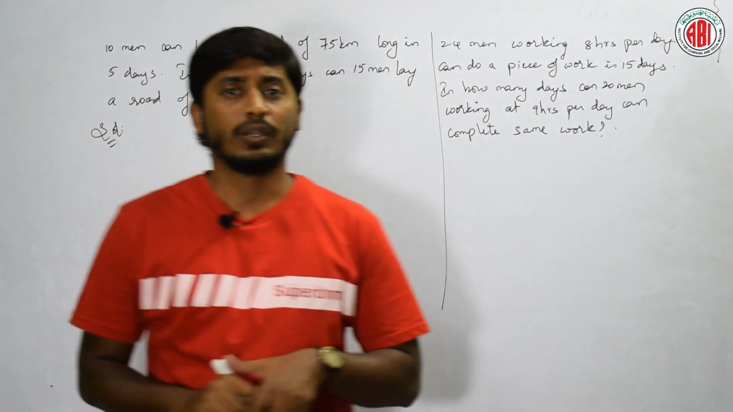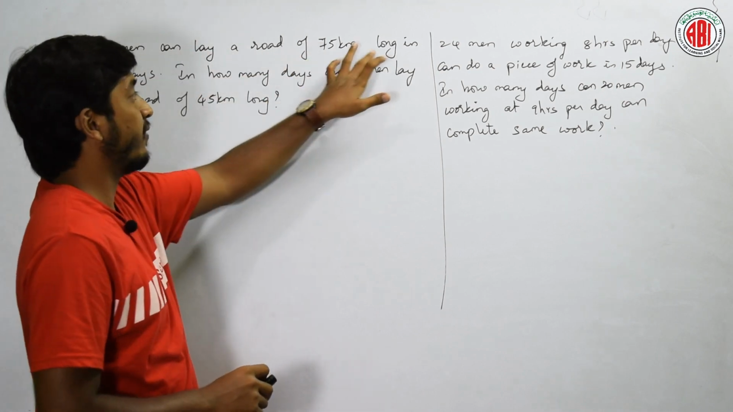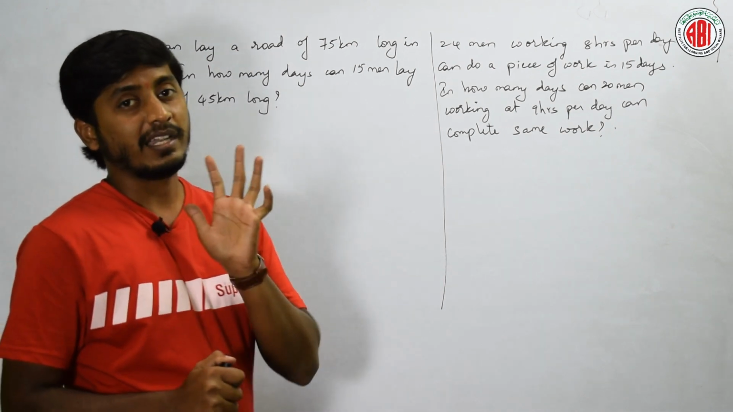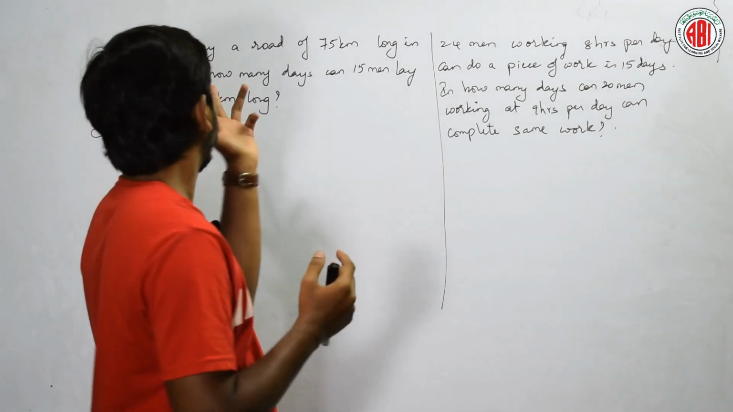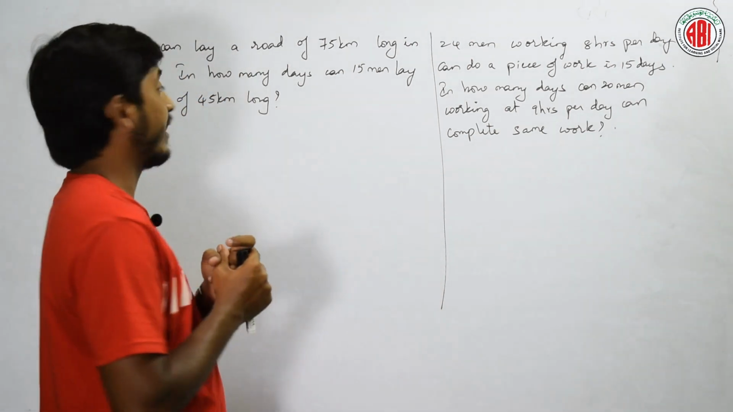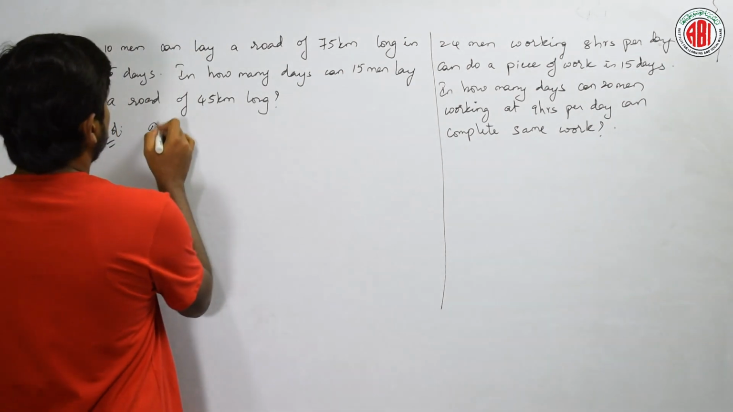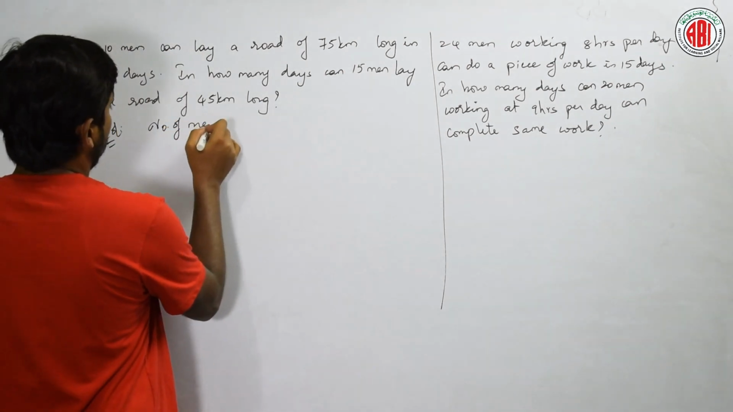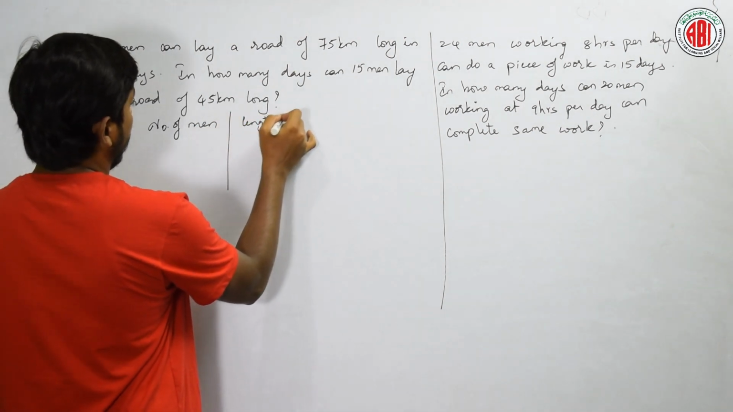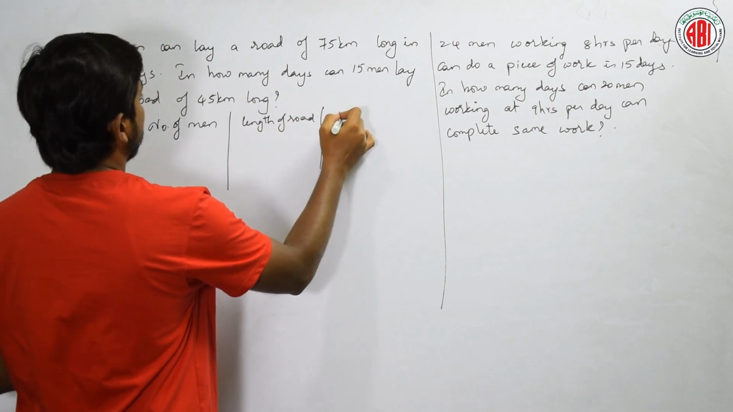Let us do. Look at the question here. He is telling that 10 men can lay a road of 75 km long, okay, in 5 days. How many parameters? Number of men, distance, that is the length of a road, and the next, number of days. Remember, try to represent like this: number of men, next length of road, okay, and the next how much? Number of